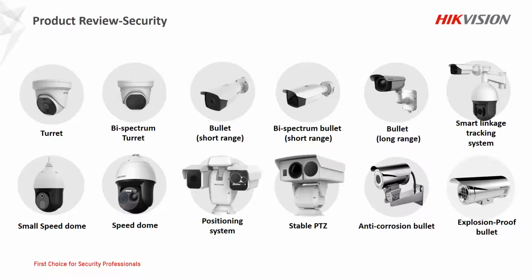The technology behind all these products is exactly the same. They're working in the same way. The only difference between these products is the resolution. So the sensor pixels, how many and how big is the sensor? We have 160x120, 384x288, and 640x512. And for some products, we only have the 160x120, for example, for indoor, for short range, and for cost